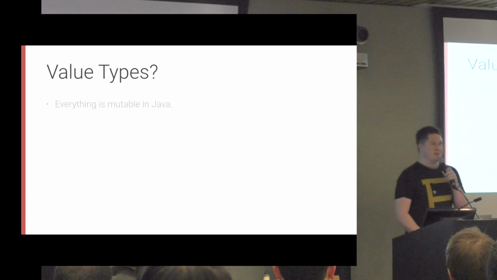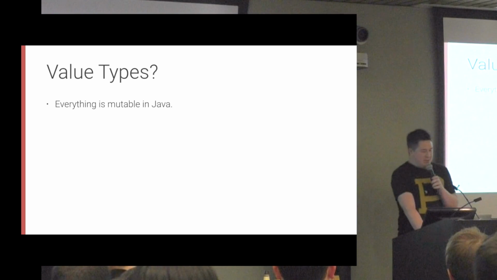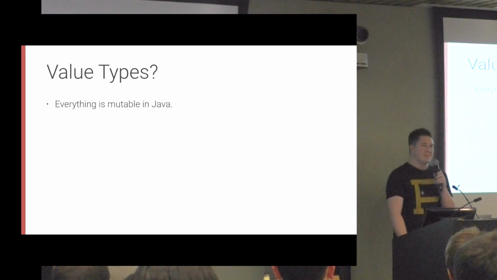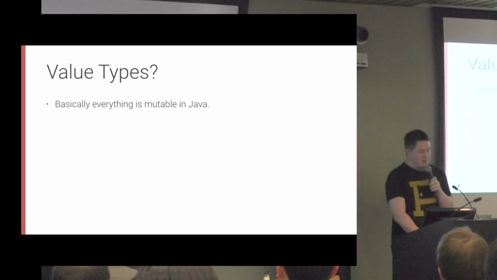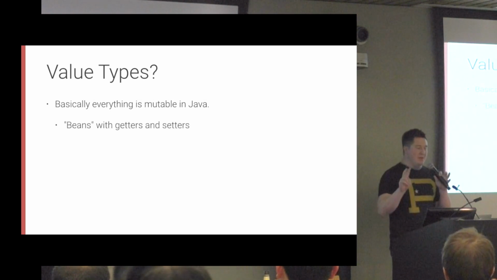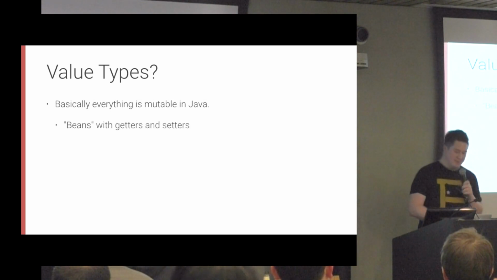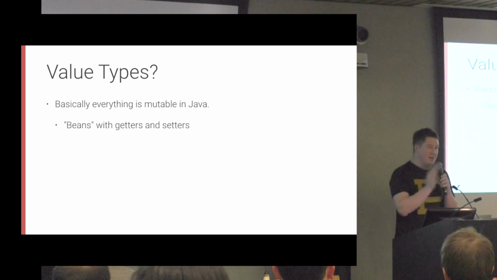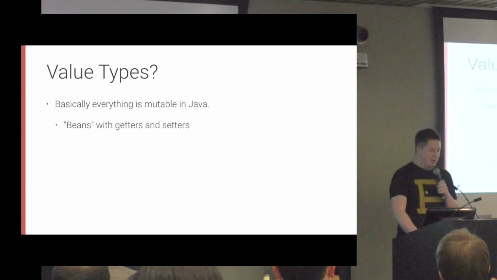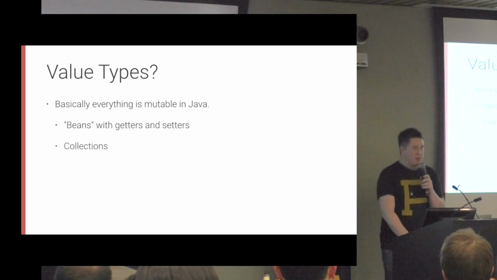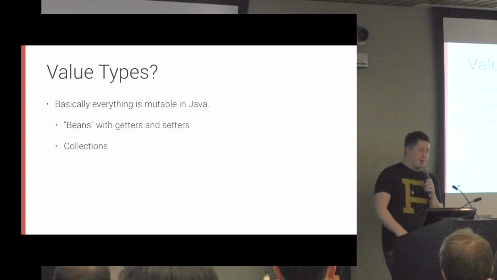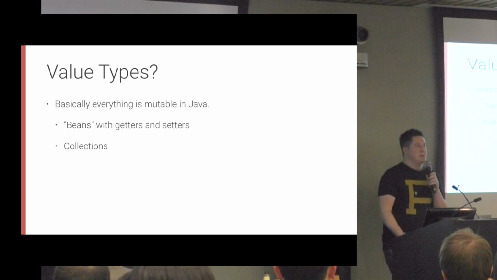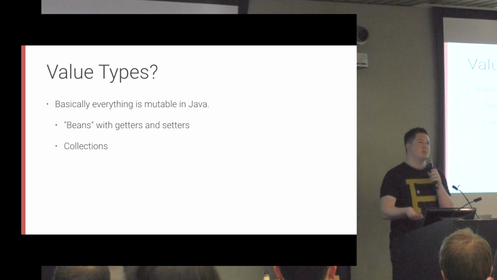So Java is an old language, and everything is mutable. Like everything in Java is mutable. Well, basically everything. We have this convention of beans. Hopefully nobody still writes beans. These are objects that have getters and setters for every single property on a class. We have the collections framework, which is actually very comprehensive. But all of the collections interfaces actually have mutators on them. There's no way to